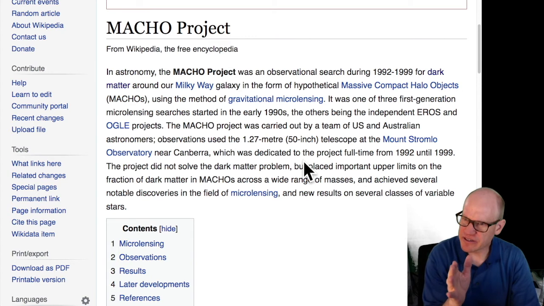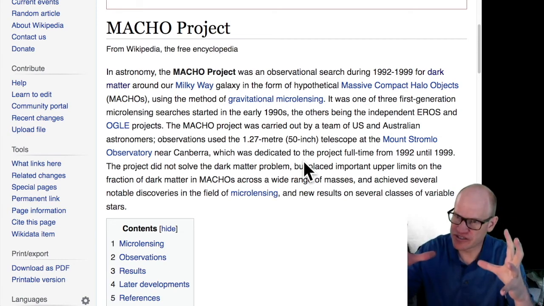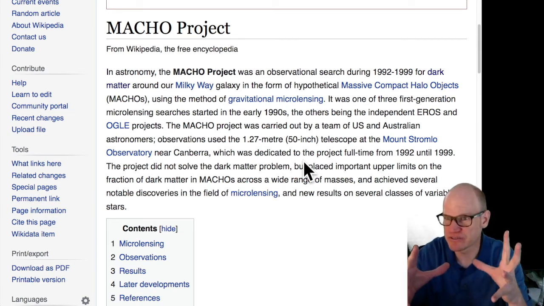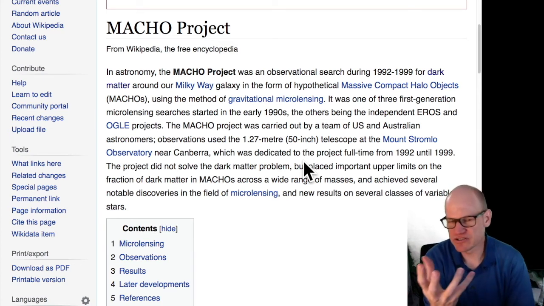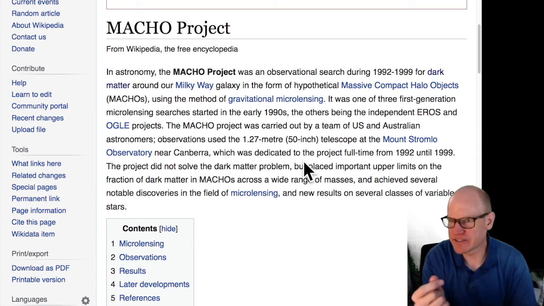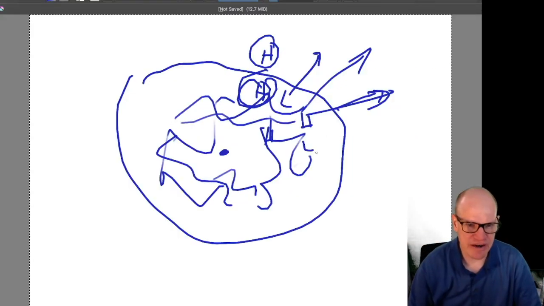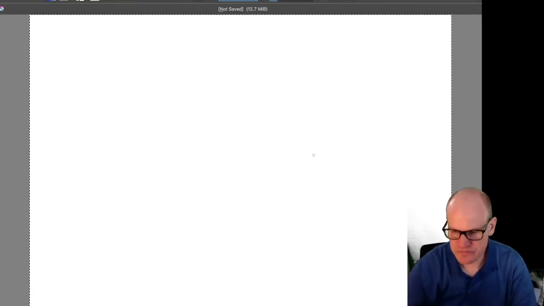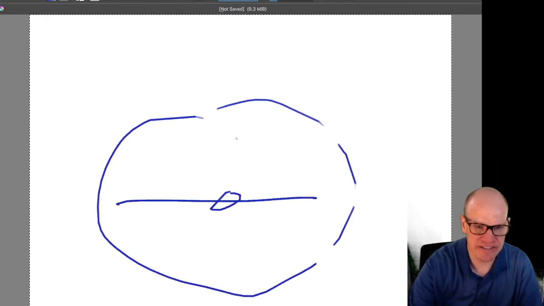Things that are bigger than 10 solar masses, so like primordial black holes that formed in the early universe that are larger than 10 solar masses, or maybe black holes that formed through the coalescence of something else at 10 solar masses. Bigger than that, what happens is that you would, in the outer halo of the galaxy, so here's the galaxy, here's this halo of stuff around it. In the halo of the galaxy, you have binary stars. So you have 2 stars that are orbiting around each other.